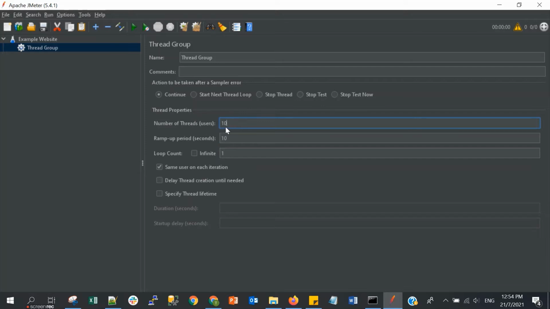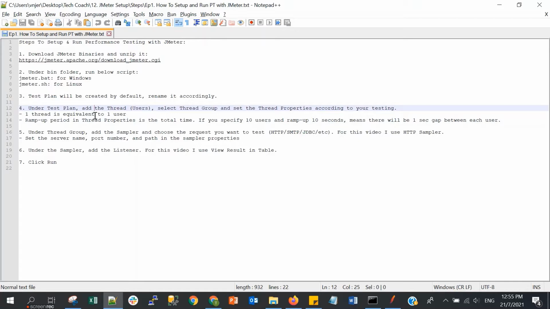Because we have 10 users here and a ramp up period of 10 seconds, between each user there will be a 1 second gap. If we put 100 seconds as the ramp up period, it means between each user there will be a 10 second gap. Okay, for this example I will use 10 and I will put loop count as 2. Okay, this is our fourth step.